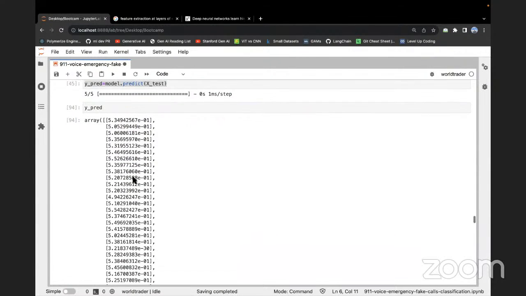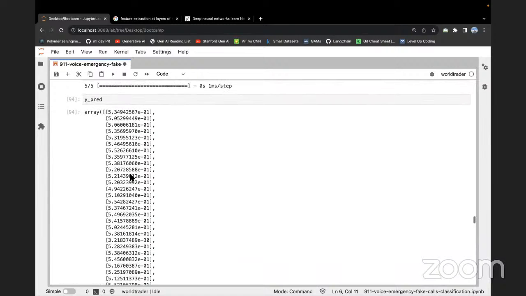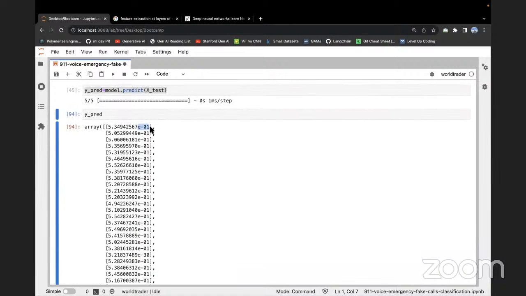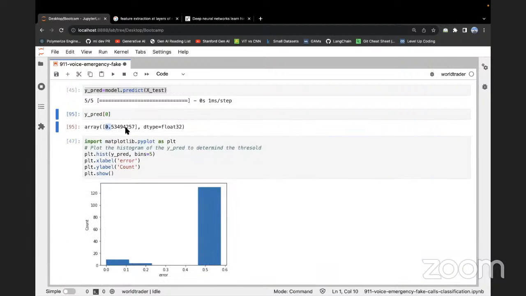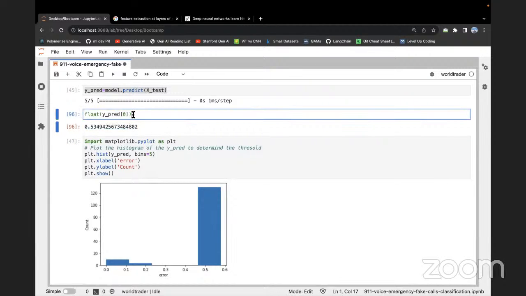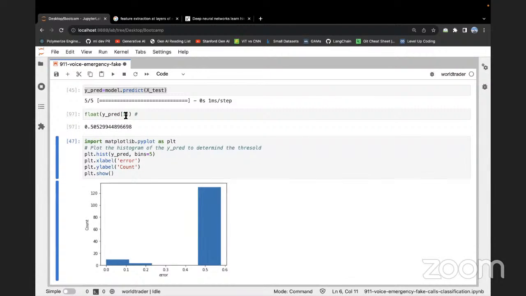YPred. These are my predictions. So when you look at this, this is 10 to the power minus 1, by the way. If you access this value and try to convert this into a float, this is the value 0.5349. What does 0.5349 mean? It actually means my model is not sure if it was a false alarm or not. If I look at this 0.50, if I look at this 0.52,